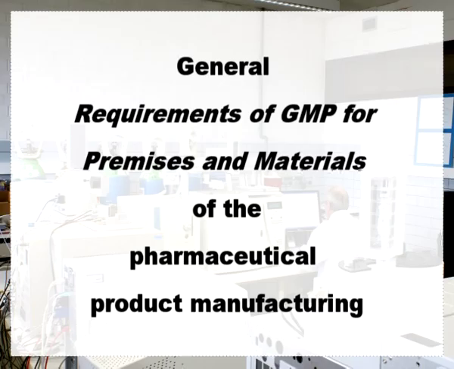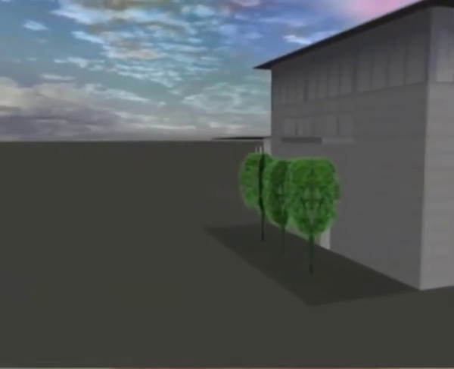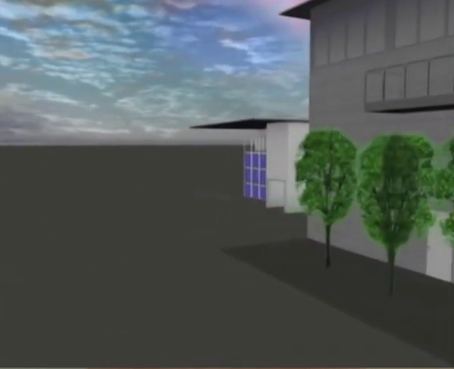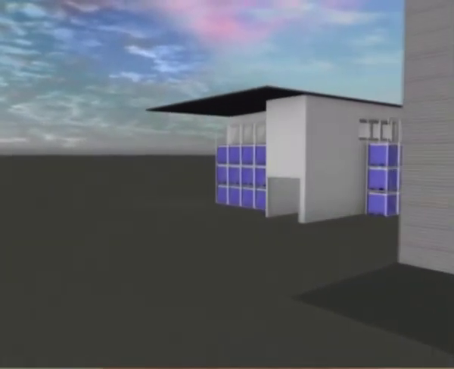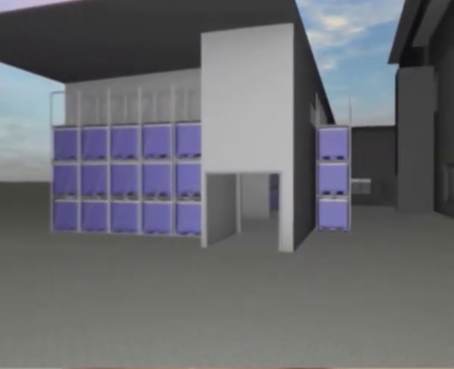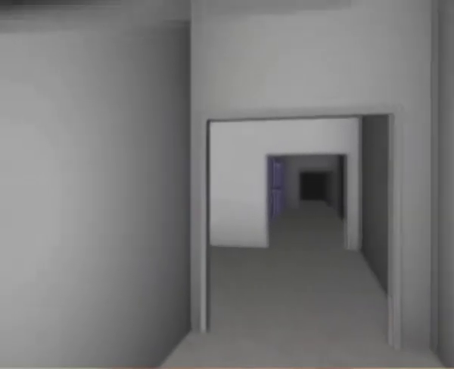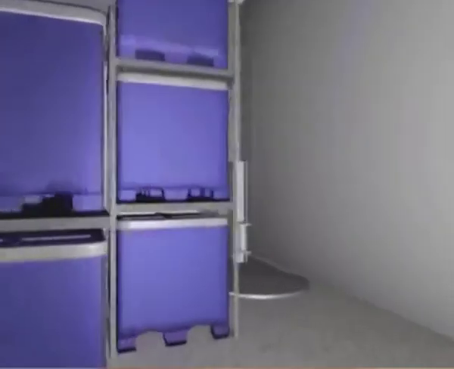Now we will discuss Part 1 of GMP for the premises and material. First, what is the general requirement for manufacturing premises? Location and surroundings. The factory building for the manufacturing of drugs shall be so situated and shall have measures to avoid risk of contamination from the external environment, including open sewage, drains, public laboratories or other factories which produce disagreeable or obnoxious odor, fumes, excessive soot, dust, smoke, chemical or biological emissions.